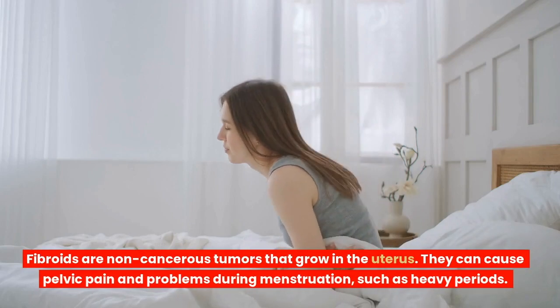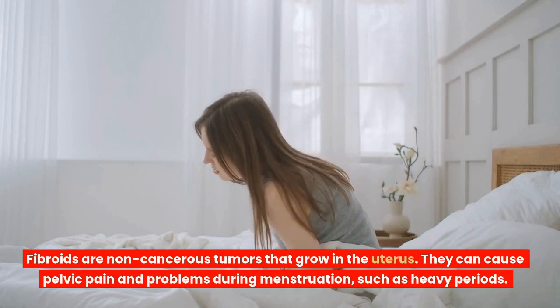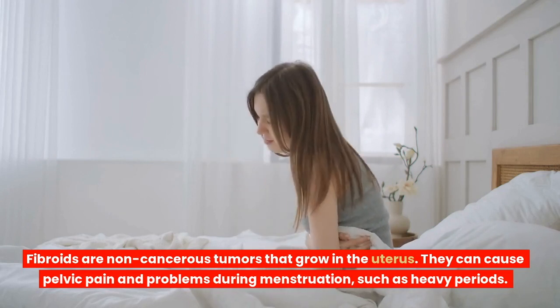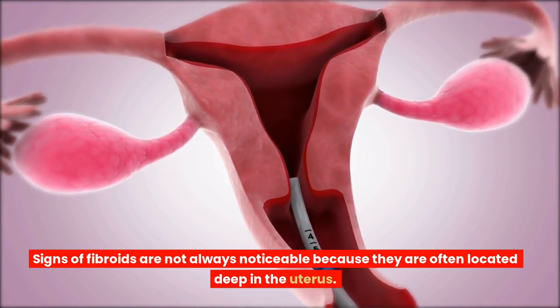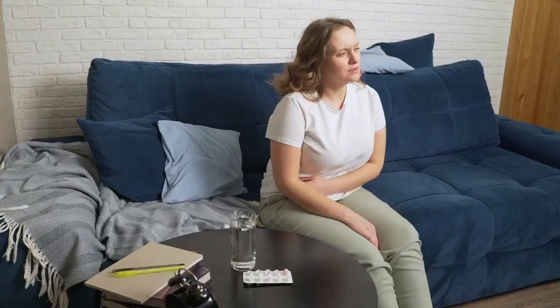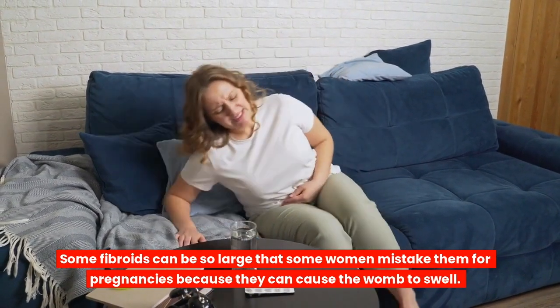Fibroids are non-cancerous tumors that grow in the uterus. They can cause pelvic pain and problems during menstruation, such as heavy periods. Signs of fibroids are not always noticeable because they are often located deep in the uterus. Some fibroids can be so large that some women mistake them for pregnancies because they can cause the womb to